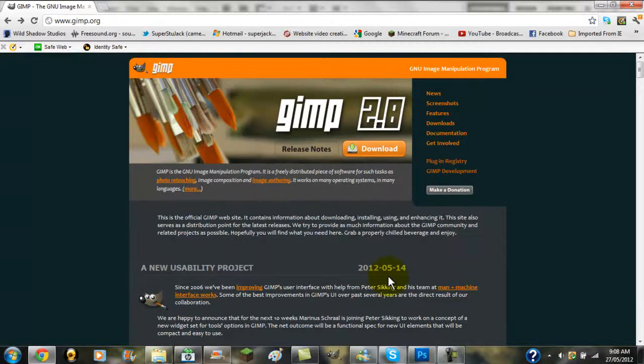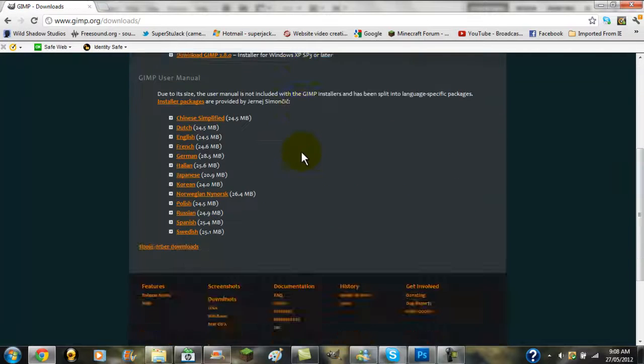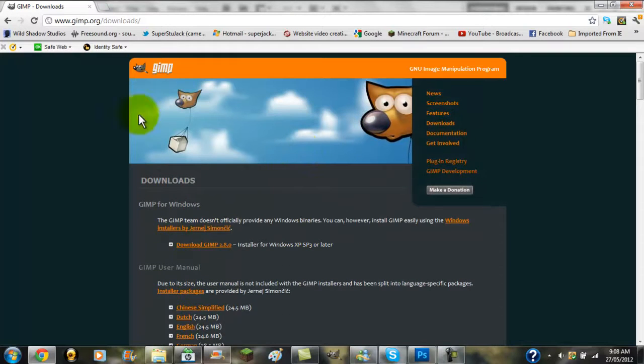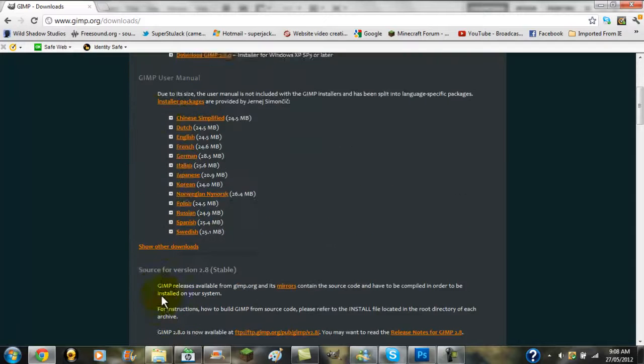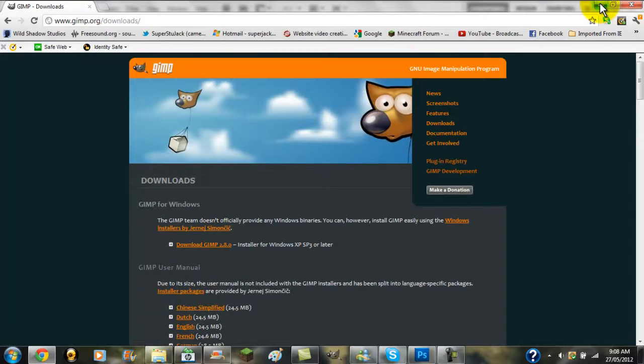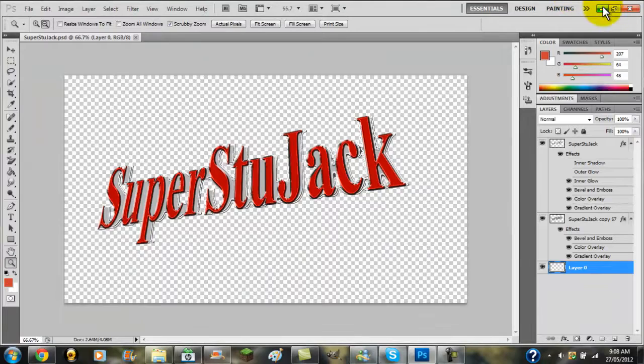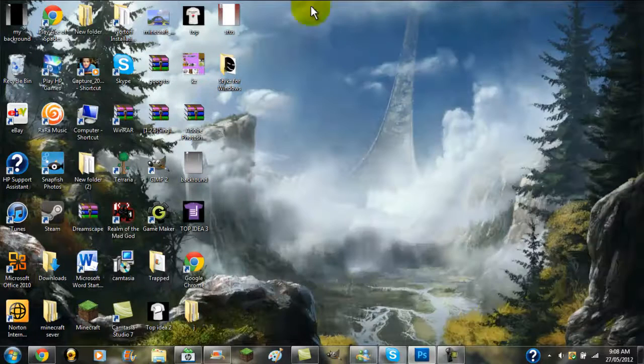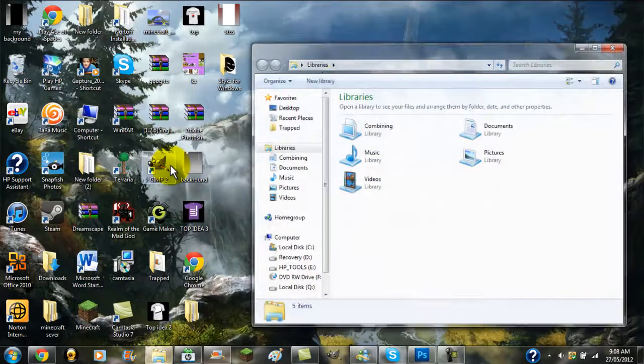So what you do is you go into downloads, and it's all this, and then you will see it right here, and that will download the installer, and that won't take too long. And then you install it. Yep, so it just downloads, and then you install it, and then you go to here,